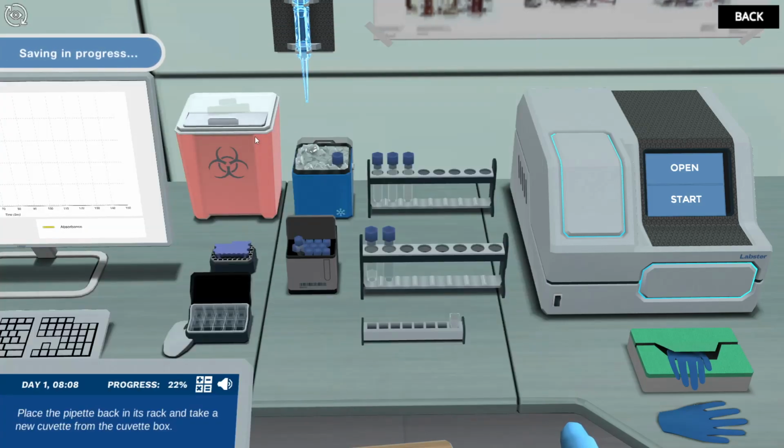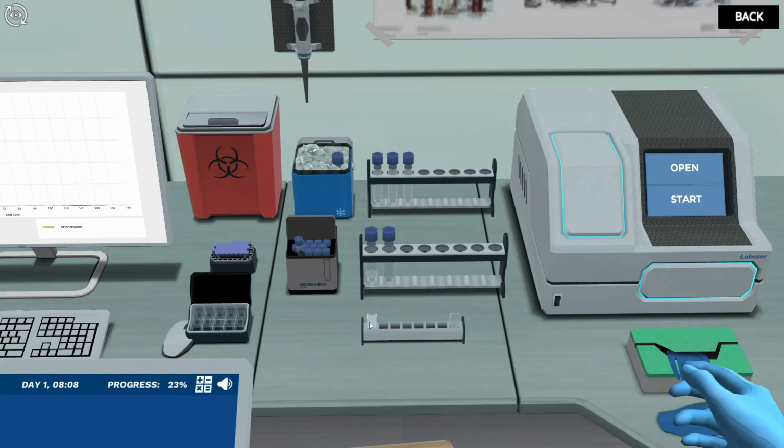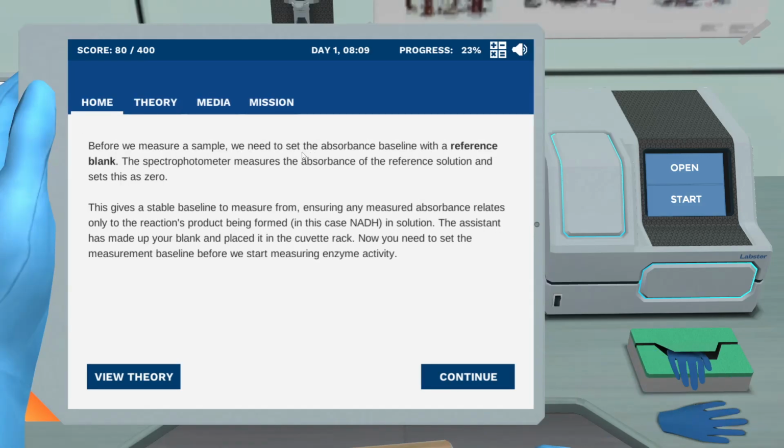Place the pipette back in its rack and take a new cuvette from the cuvette box. Place the new cuvette in the cuvette holder. Before we measure a sample, we need to set the absorbance baseline with a reference blank. The spectrophotometer measures the absorbance of the reference solution and sets this as 0. This gives a stable baseline to measure from, ensuring any measured absorbance relates only to the reaction's product being formed